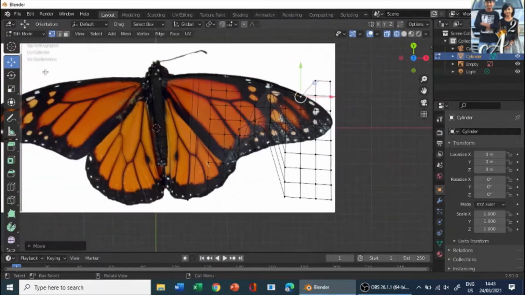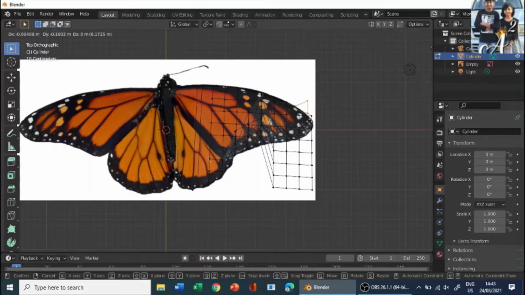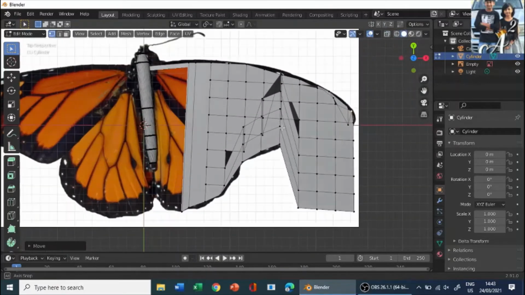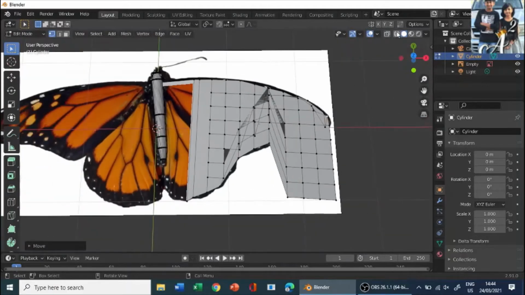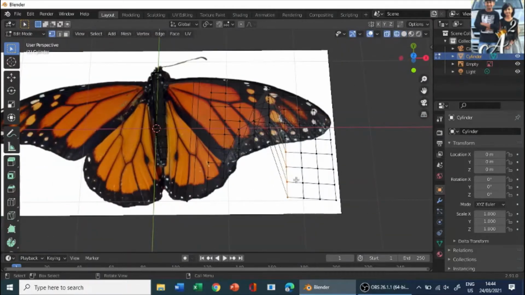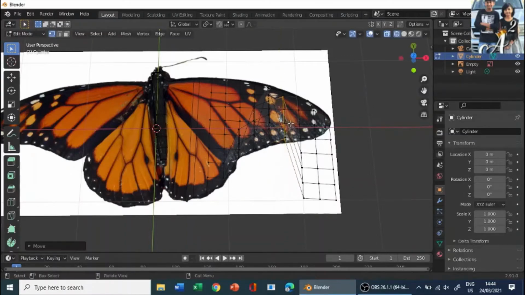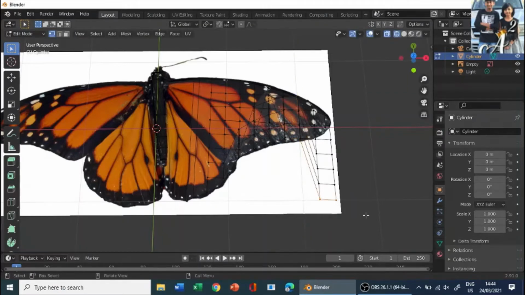And let's go to box select and G to move it down, and G to move it down. Select these two and G to move it down, and G to move it down. So let's go to mesh view and see how our mesh looks by now. Okay, when we add texture, these boxes won't be visible, so that's not a problem over here. So let's select these four and G on the y-axis and move it up. Okay, and same for this, G on the y-axis, move it up. And let me just delete these things.